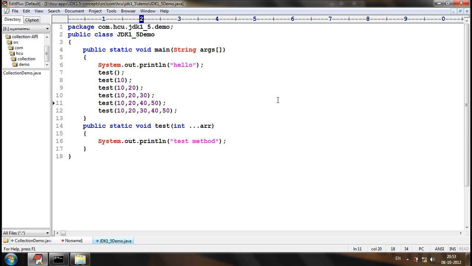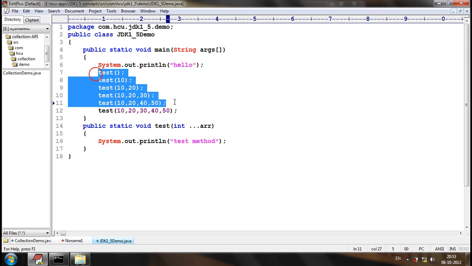Like this I am passing a variable number of arguments. Now let us see whether the same method can accommodate all these calls or not.